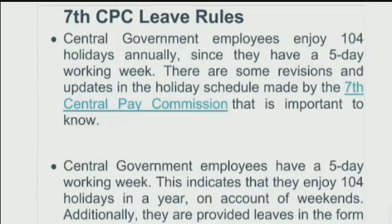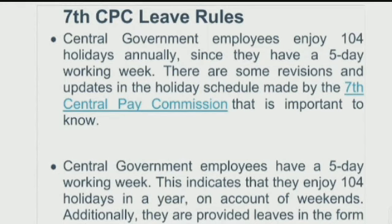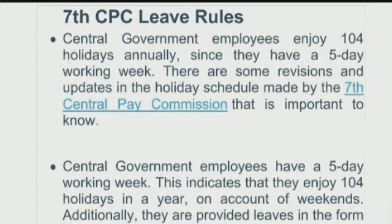Hello friends, in this video we will discuss the types of leaves available in Indian government jobs. Those who are working under the government of India, how many types of leaves can they enjoy during their service period? Let us start. According to the 7th CPC leave rules, the 7th Central Pay Commission leave rules, central government employees enjoy